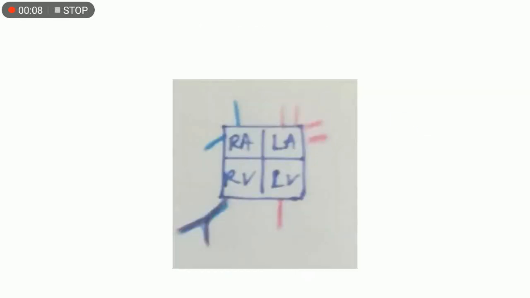So this is the normal circulation of an adult person. This is a schematic diagram of the person's heart: the right atrium, the left atrium, the right ventricle. All these chambers are present. This is the superior vena cava, and this is the inferior vena cava, draining into the right atrium as shown